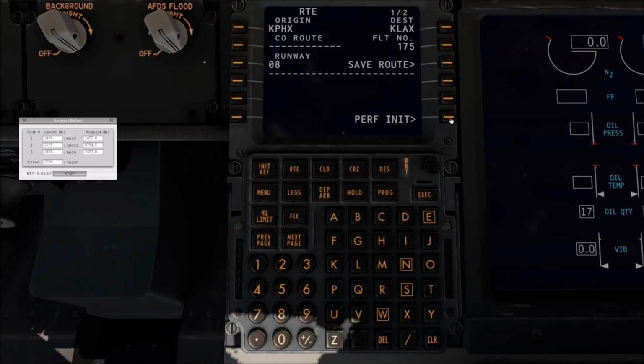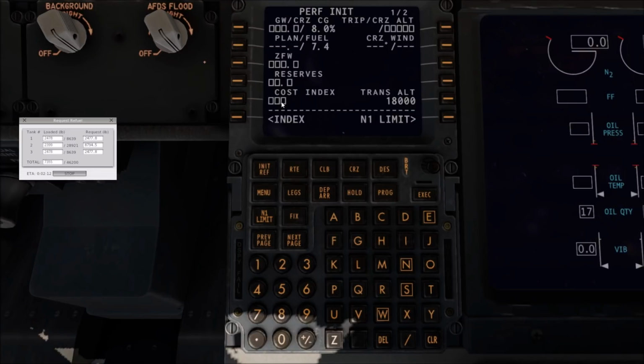We're going to go to performance initial. We're going to enter our cost index for WestJet, which is 40. Our reserves, which will be 500. And our zero fuel weight, we're just going to select. And it's going to tell us that 38,900 is our best, or our most efficient cruise altitude, 38,800. But because SimBrief told us to use 36,000, that's what we're going to do. So we're going to go 360 and enter that in, and then we're going to hit